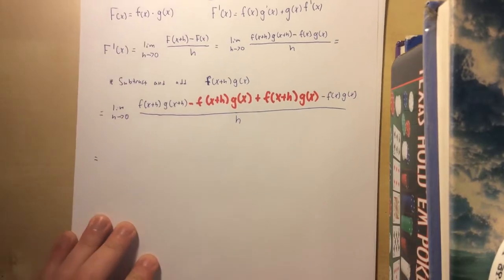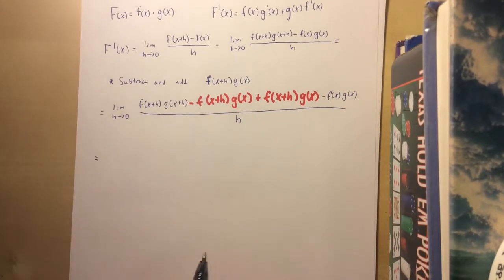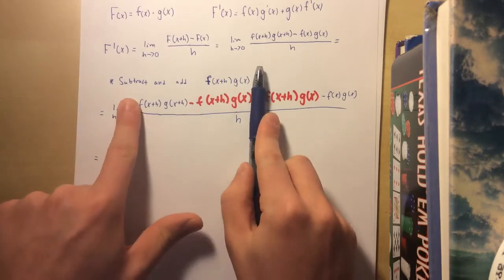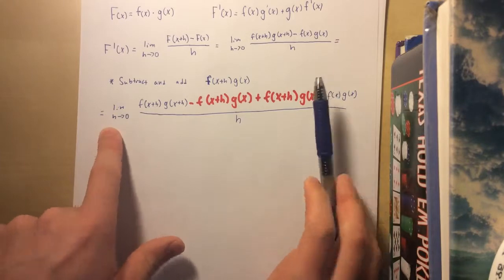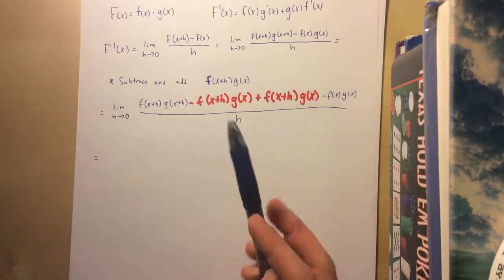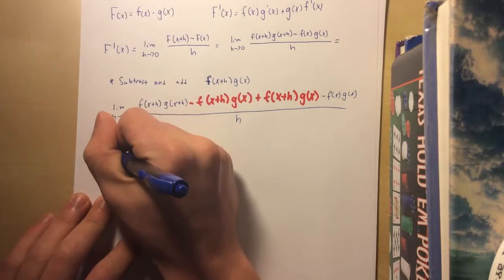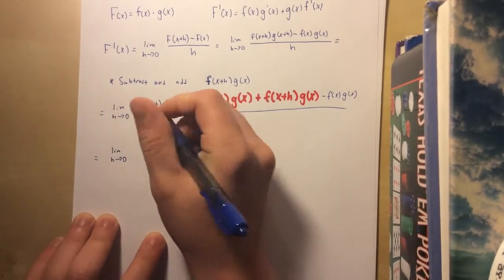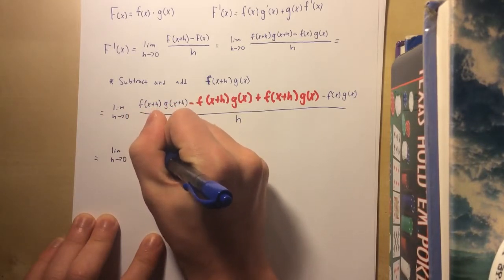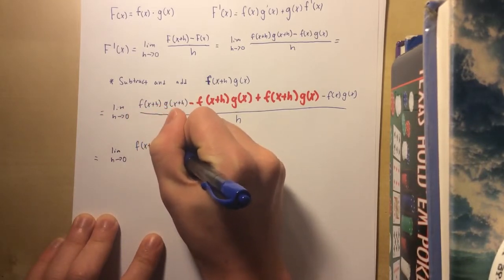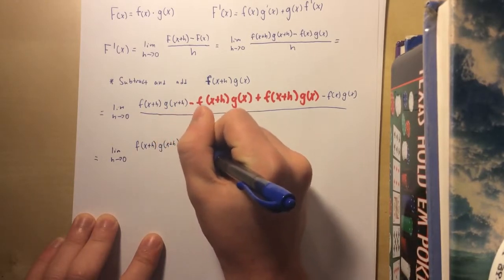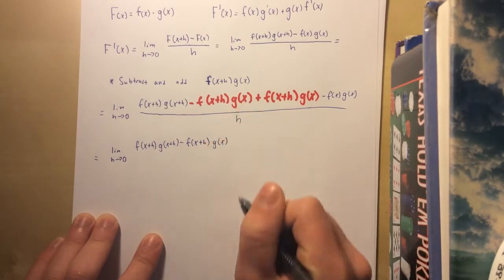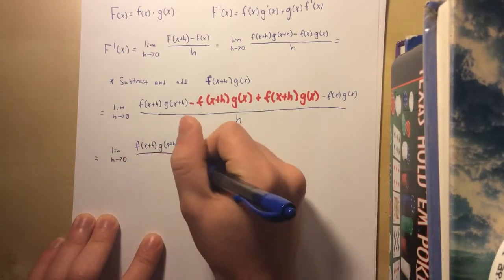So all I did there was subtract and add this term, and you'll see how that helps me. Now I'm going to split this up into two limits. I'm going to take the limit as h approaches 0 of this half, and then the limit as h approaches 0 of this half. So let's see how that looks. We have the limit as h approaches 0 of f of x plus h, g of x plus h, minus f of x plus h, g of x, all over h,